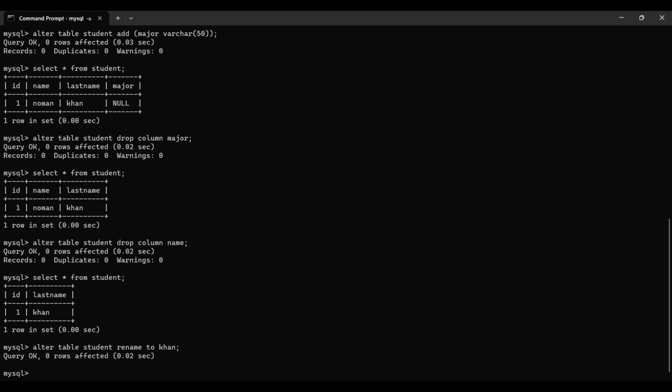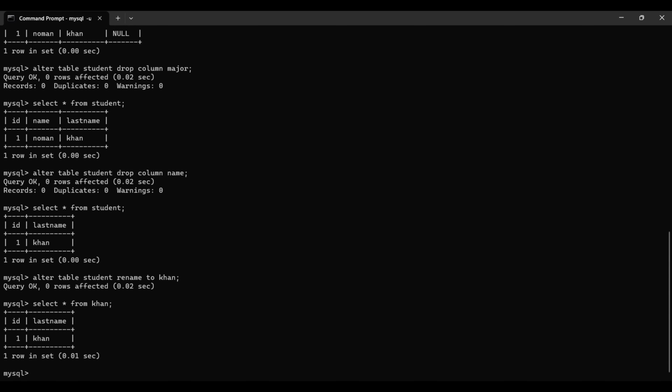As you can see, the query is okay, 0 rows affected. If you want to make sure it is working or not, you just need to type select star from Khan. We changed the table name, so basically we gave the new name, which is Khan. Enter it, and you can see our table is renamed to Khan. So the another one,